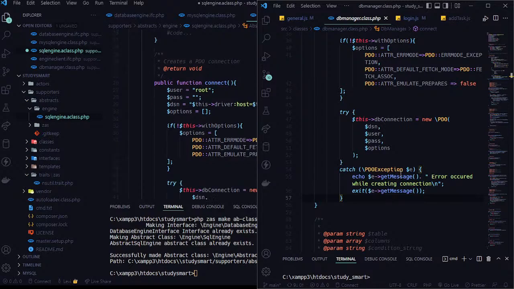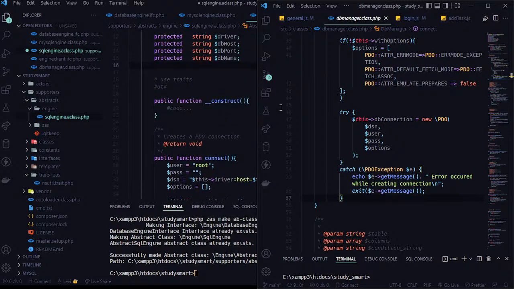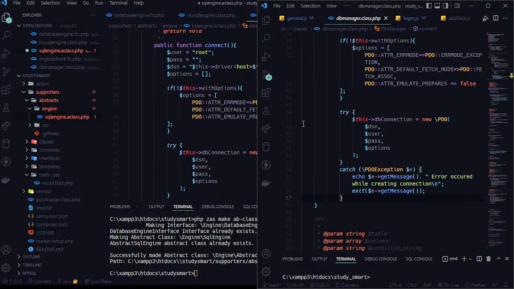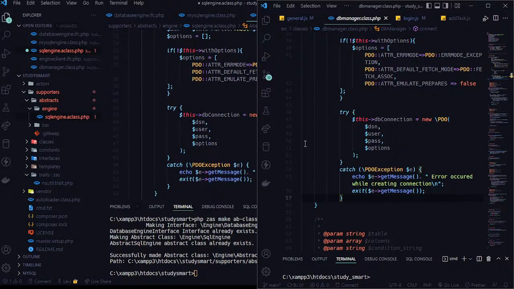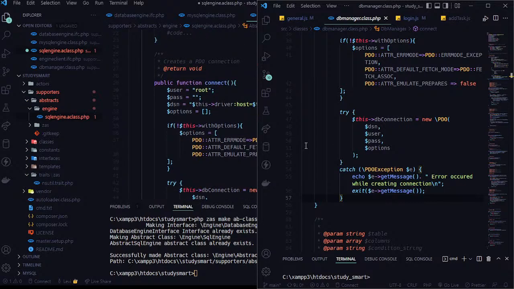What else do we have, with options? If with options is false, else we are going to pass. So by default our with options is going to be false, because we actually don't want to have